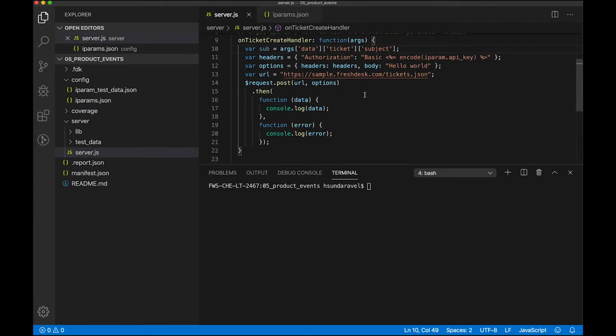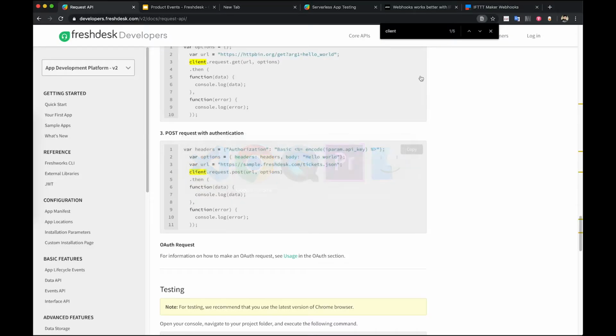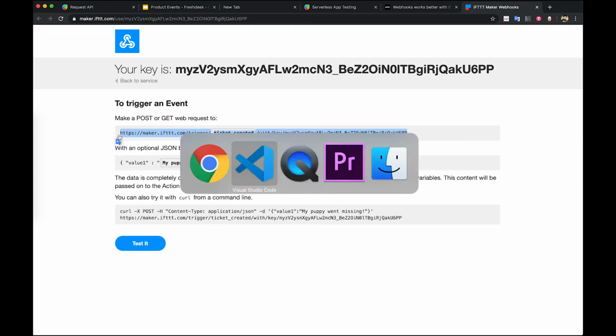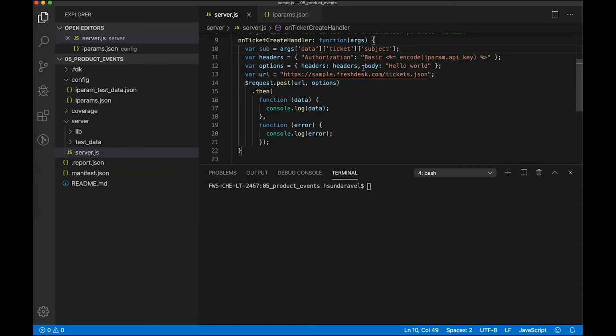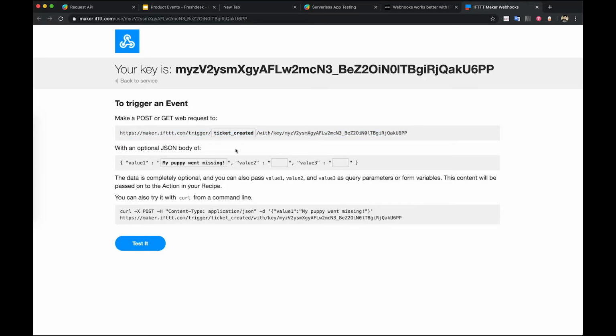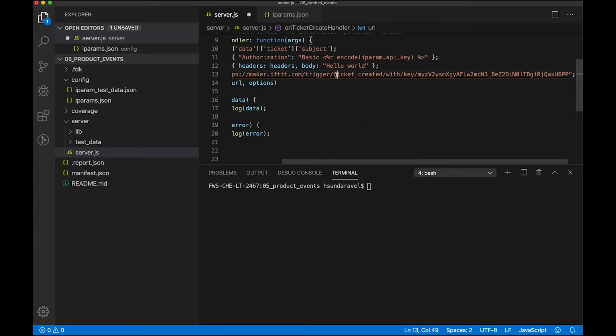So let's go back to our app. Let me copy the maker URL. It's the entire thing that needs to be copied. Just copied it. I'll just paste this here. I'll just use templating to substitute the event name and the key. So the event name has to be substituted with, just copy this